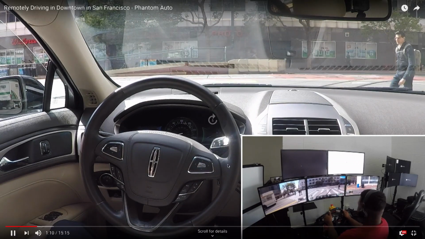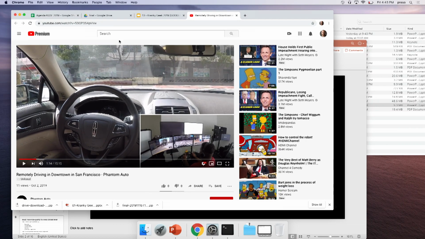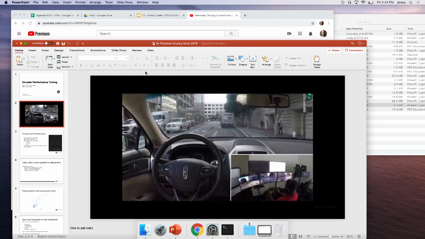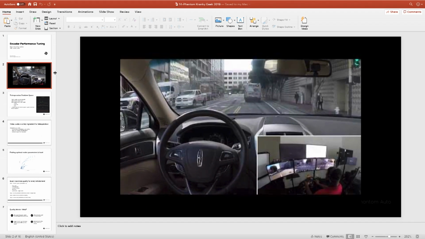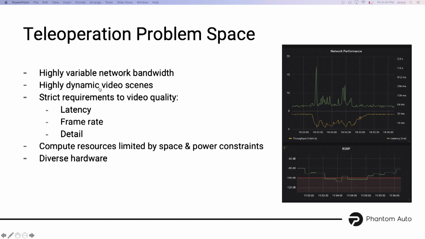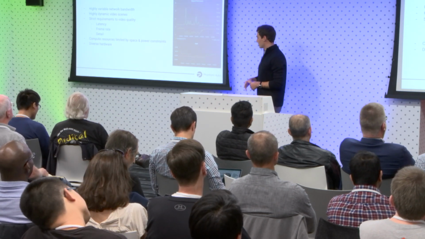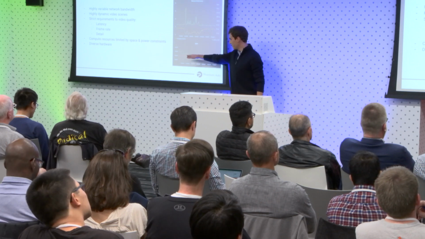So yes, some of you are laughing because for those of you who don't think that real-time video streaming is hard enough, our problem space is even more interesting. So first of all, we're dealing with highly variable network bandwidth, and some of the problems that everyone here is well familiar with, such as the bandwidth bottlenecks and how they affect the video, and data transfer obviously is even more critical for us. So here, the chart on the right shows on the bottom the RSRP, basically the measurement of